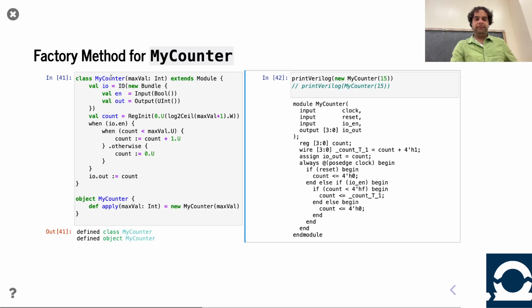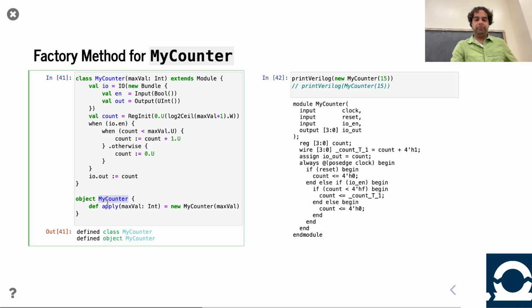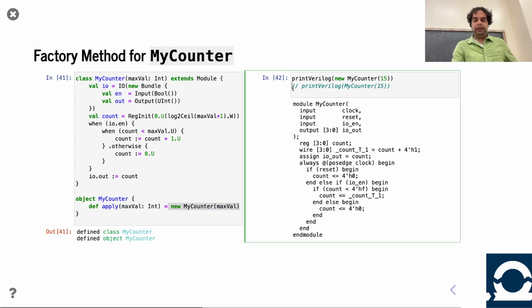If I use the factory method style, in other words, I have an object also called myCounter and apply, and that just returns new myCounter. Yeah, that's going to work just fine and should produce literally the same Verilog, right? So this is all in Scala land. It's indistinguishable in Chisel land. But you'll see in certain cases, having these factory methods allows you to better